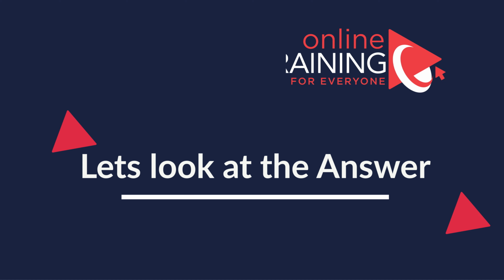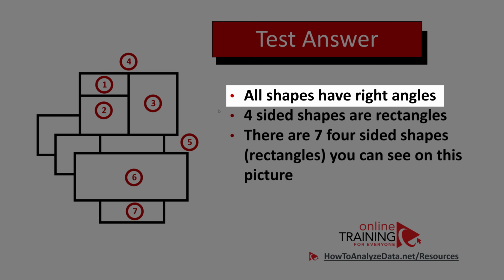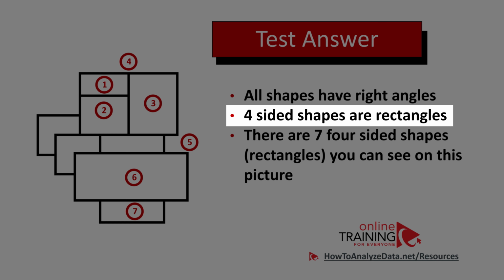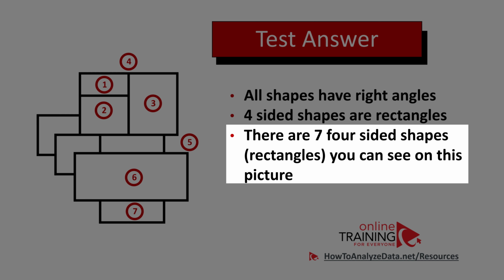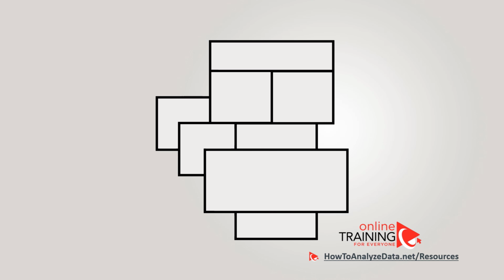There are different four-sided shapes, but all shapes in this picture have right angles. This is the reason all four-sided shapes here are rectangles. And there are 7 four-sided shapes that you can see in this picture. Let's draw all of them for you. Let's start with shape number 1, then go to shape 2,